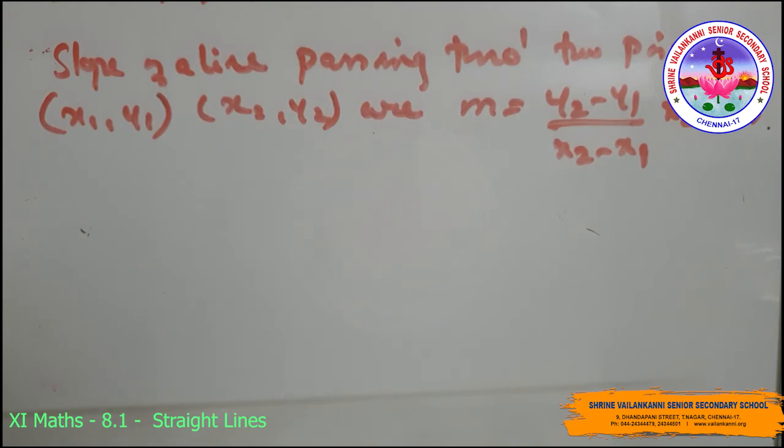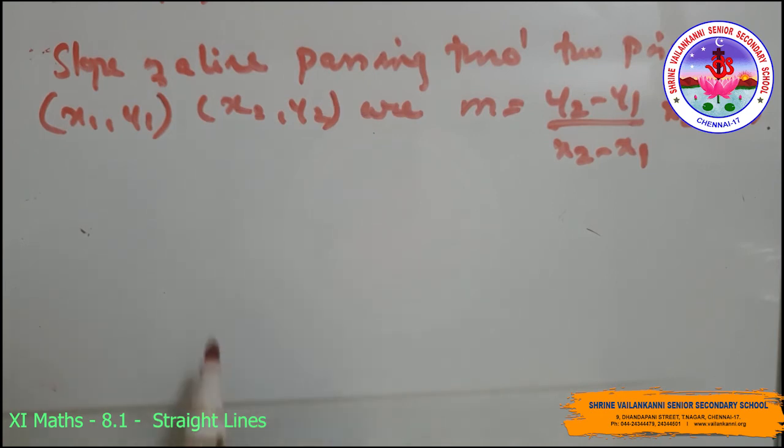To show that the points are the vertices of a right angle triangle, we are going to find slope of AB, BC, CA, so that M1 into M2 is equal to -1, or M1 M3 is -1, or M2 M3 is -1. We are going to find that the line segments are perpendicular to each other, in which we are going to find slope of AB, BC, CA.